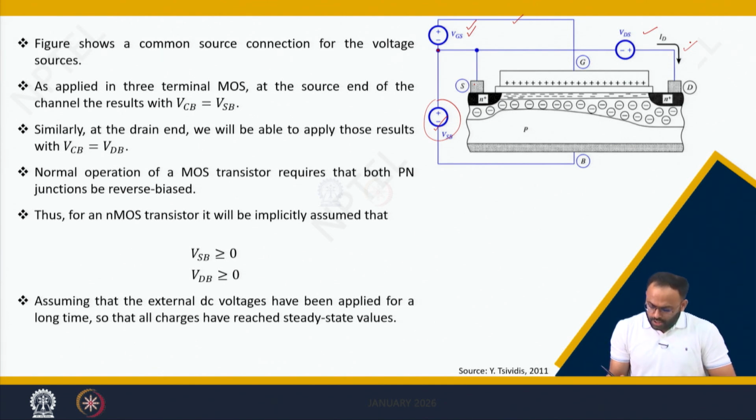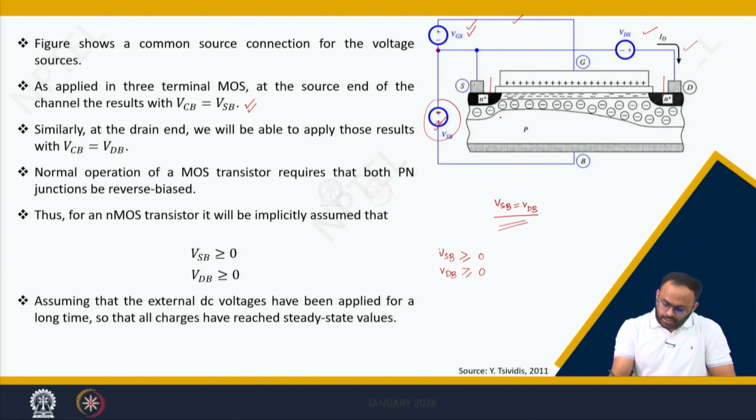Let's get started. Let's analyze the MOS transistor considering a case when VSB is equal to VDB. Specifically, it should be clear here that the voltages VSB and VDB should be positive, because if this voltage is negative, this PN junction becomes forward biased. If there is a forward biased PN junction, then a huge current flows between source and body like this, which is an exponential current,